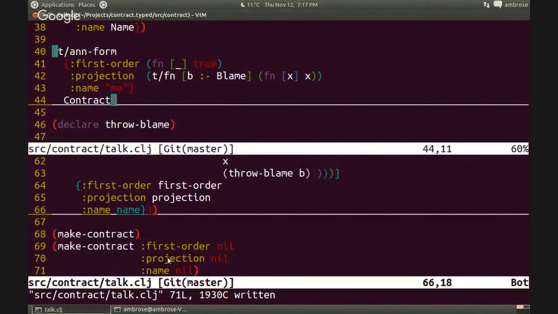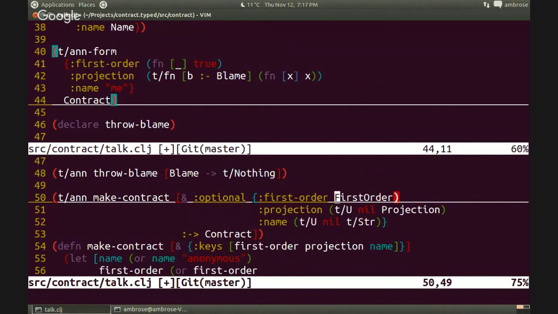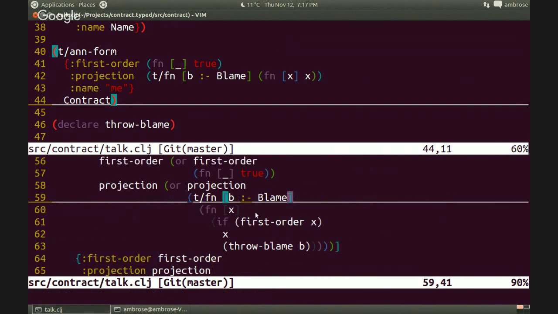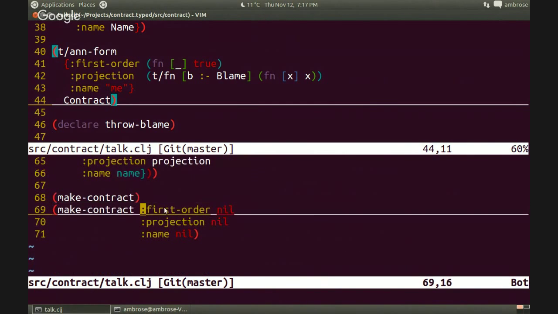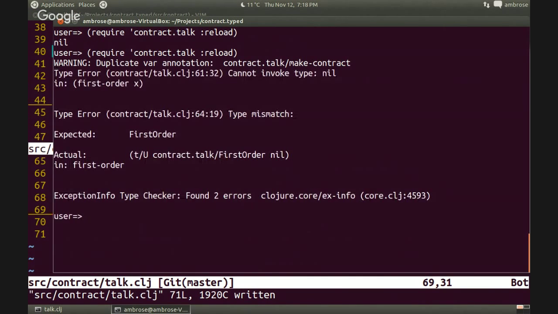Yeah. So both of these things type check. Let's, for fun, just get rid of one of these. So first order must be non-nullable, and clearly first order is not. It's nil. So let's see what happens. Again, we've changed the annotation, so we get this warning. But